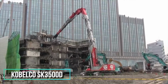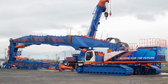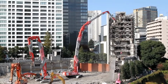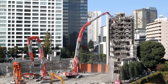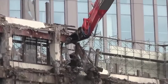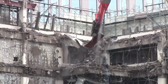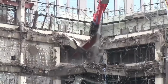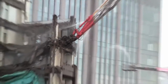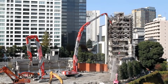The Kobelco SK3500D has made it to the list, being huge at an extra level. When it comes to the big skyscrapers that are erected in cities, a unique piece of equipment is needed to bring them down. The Kobelco SK3500D crane was created to demolish extremely tall structures with a working height of up to 213 feet. A mechanical claw reaches up with its long arm to demolish the structure. The crab claw-like pincer seems small from the ground, but is actually quite huge and can crush almost everything. The crane is enormous to such an extent that it's delivered in several pieces to the job site, where it is assembled for demolition. It makes rapid work of the job, which is usually old plants, foundries, and occasionally buildings, with a working radius of